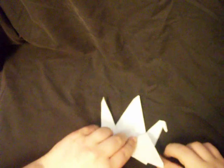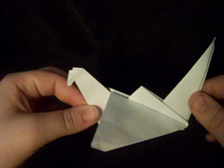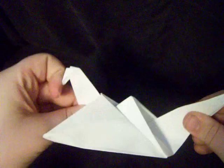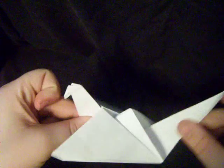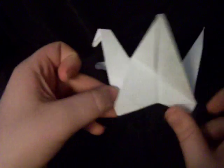You're gonna fold it downwards so it lines up with the neck. And as far as it will go here. Make a crease. Now you can just line up the other wing with it. Unfold it. The way you make it flap is you pull on the tail up and now you got your bird. Cool. If you want to make it stand, just pull